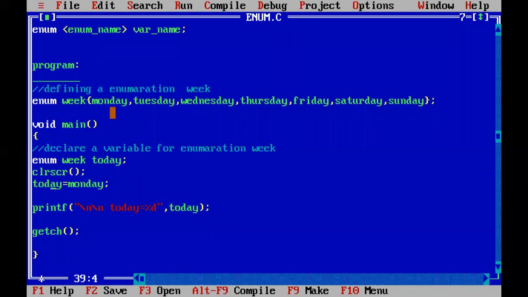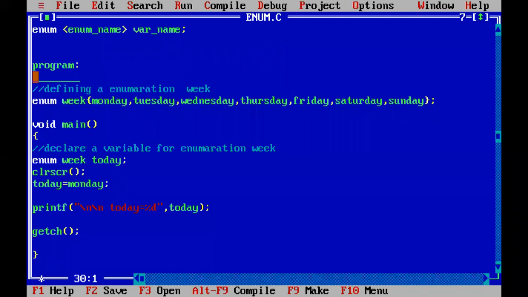What is the default value of Monday if you don't initialize anything? 0. And next Tuesday will be 1, and 2, 3, 4, 5, and 6. Right? So you are assigning Monday to today, then the Monday value 0 will be given to today, and in place of today we are going to print a 0 value. That means today number is 1. That means first day in the week.